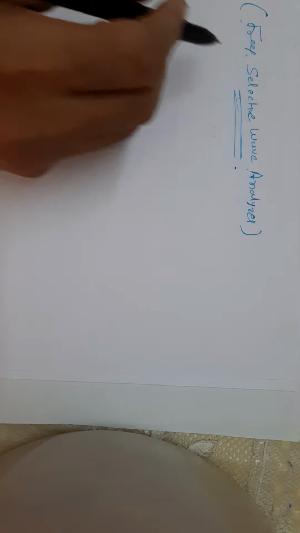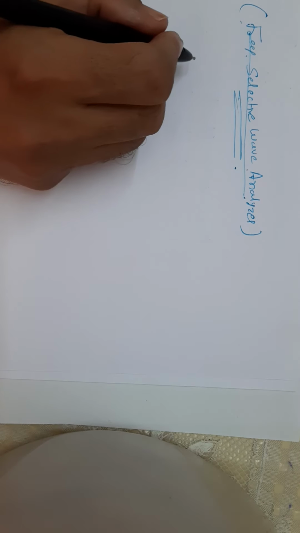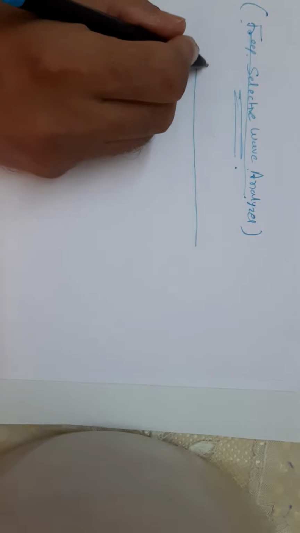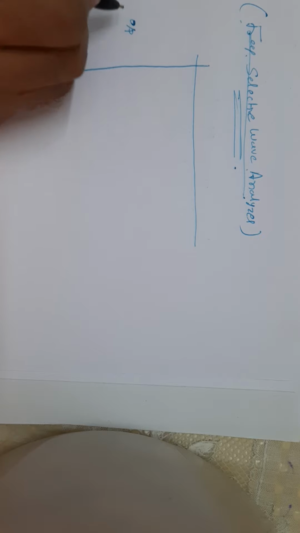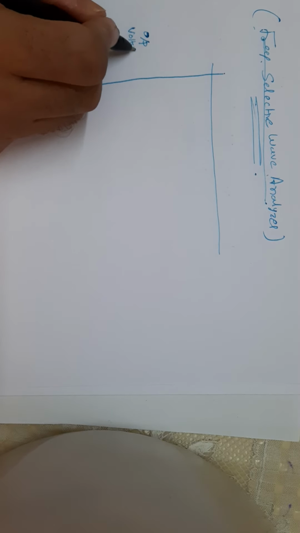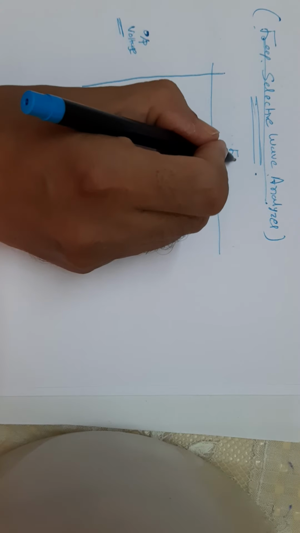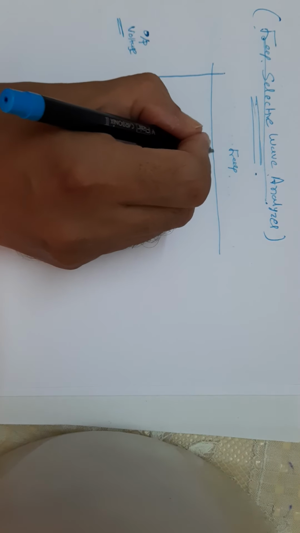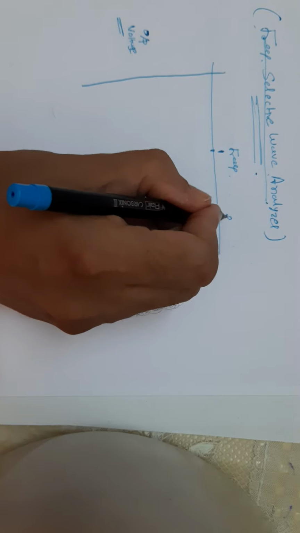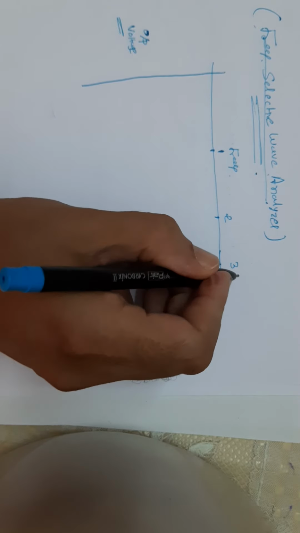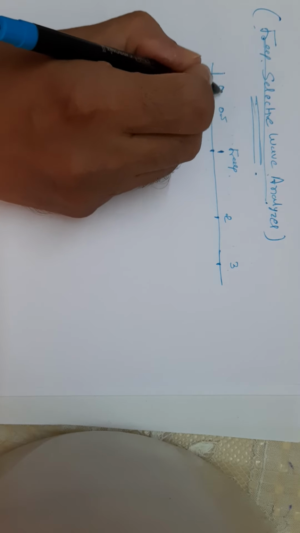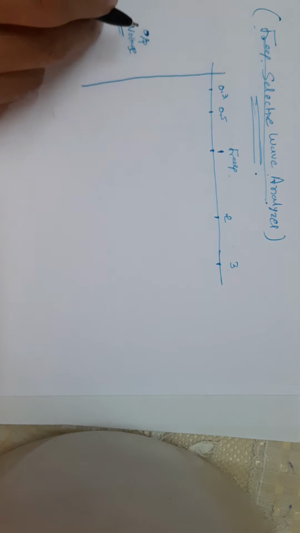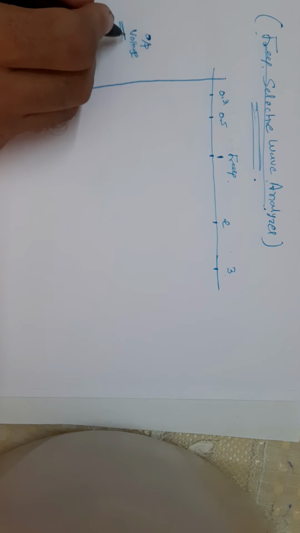So we can see the characteristics of this. This is your x-axis. This is your y-axis. In the y-axis there is output voltage. In the x-axis there is the frequency range. This is your 1, this is your 2, this is your 3, like this. If this is your 1, then this is your 0.5, then this is your 0.3. This output voltage is given in dB.